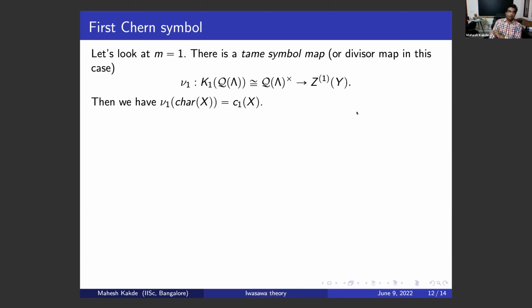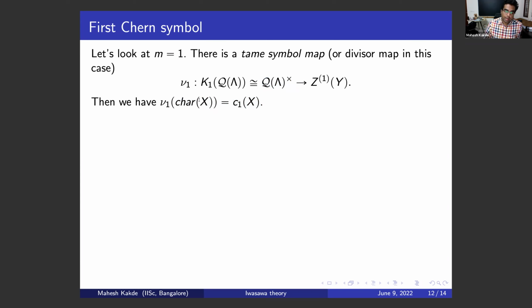Okay, all right. So how is this related to what we had first? If we take the first Chern symbol of x, then you can obtain it by mapping a characteristic element of x under this map. So the first characteristic element tells you about the first Chern class. Of course, this char x is an ideal, right? It's not a well-defined element in here. It's only well-defined up to units in